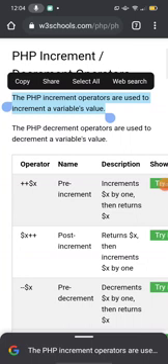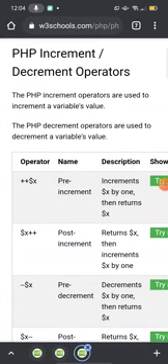That means whatever your variable value is, that value will be incremented by 1. I will explain how it is going to increment or decrement.